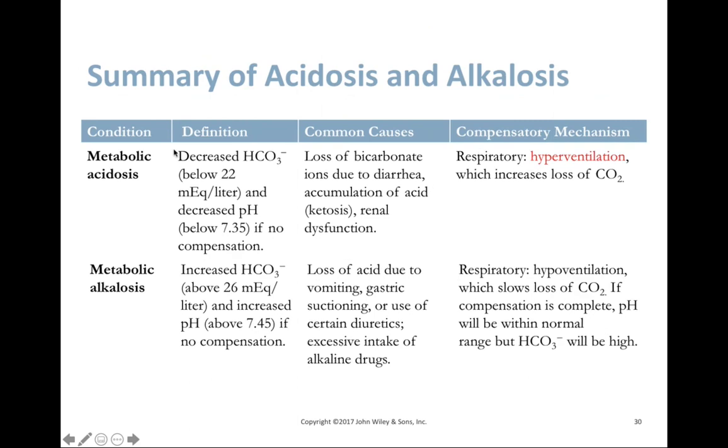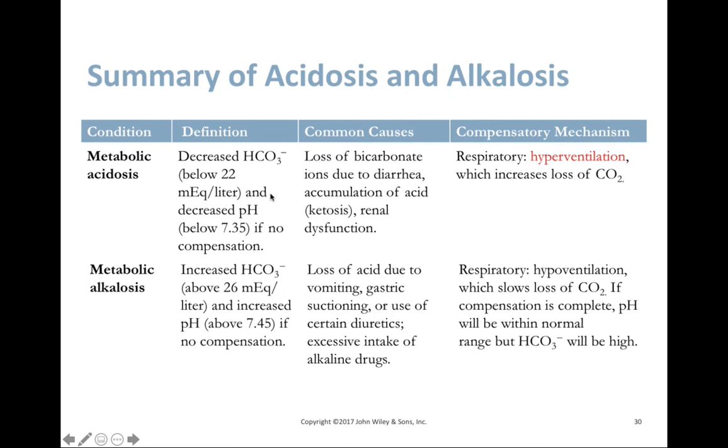Metabolic acidosis and metabolic alkalosis are going to be different. Metabolic acidosis and metabolic alkalosis are going to refer to our bicarbonate levels. Metabolic acidosis refers to decreased bicarbonate, and metabolic alkalosis refers to increased bicarbonate. Again, we want to think about bicarbonate in the way that it's going to affect pH. If we don't have enough bicarbonate, there's going to be more hydrogen ions in the solution. While on the other hand, if we have too much bicarbonate, there's not going to be enough hydrogen ions in